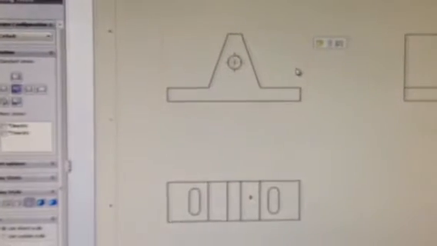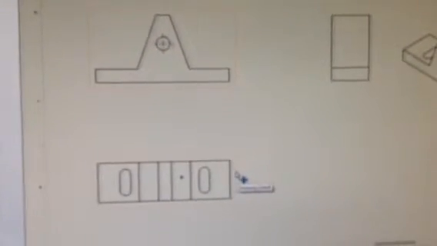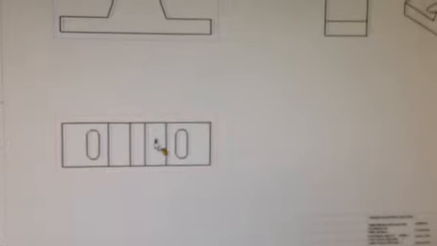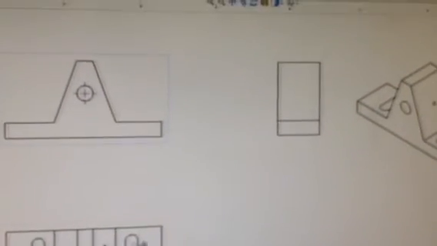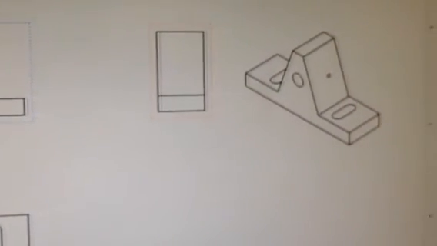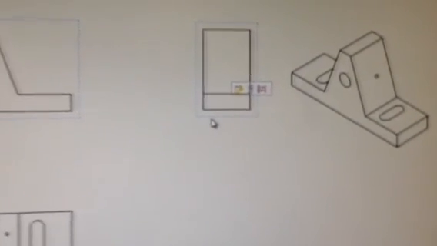So imagine what I'm looking at here. This is actually a front view. Below it is a top view. You can see the hole, or if you had a full hole pattern, you see all that hole pattern. To the right of the front view is not the right-hand side, but the